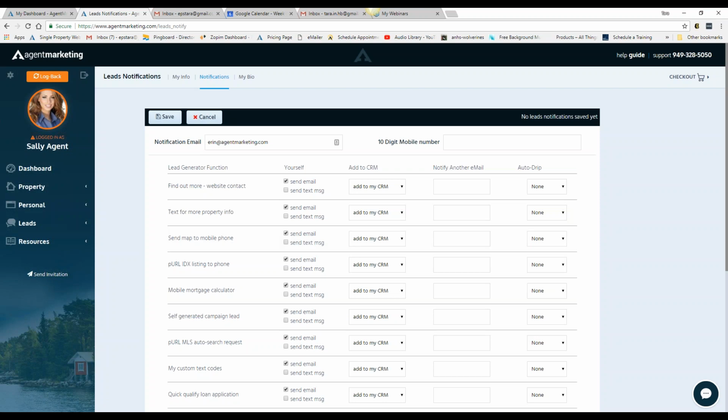My recommendation is to do both. That way, if for some reason your email blocks a lead coming in, you also know you're going to be getting a text message as well. But that's also your personal preference. That's just my recommendation. Okay, so as far as lead generation goes with our system, the one we'll start with